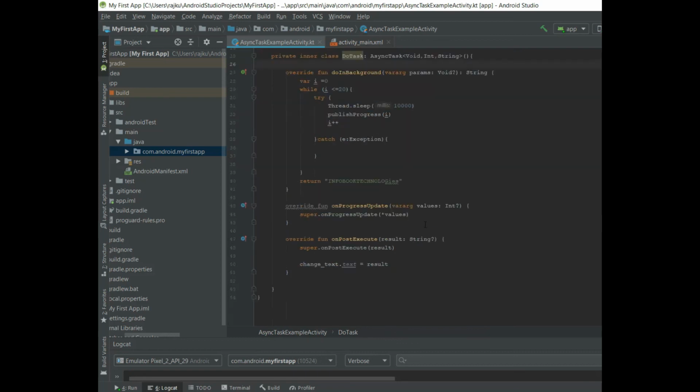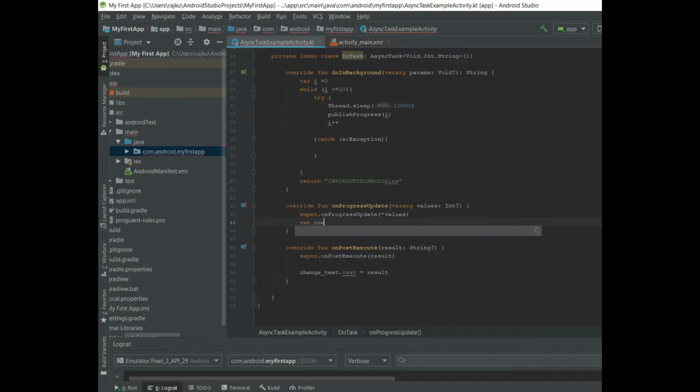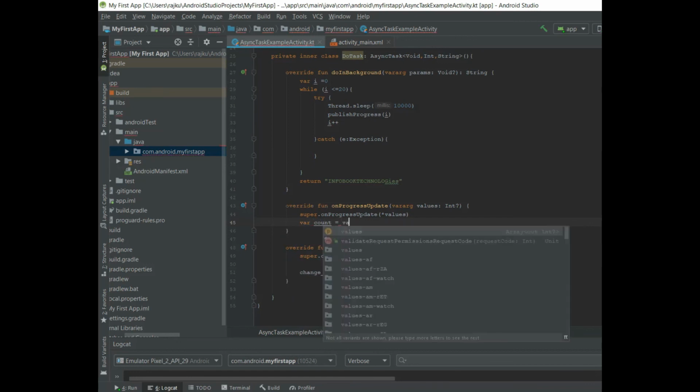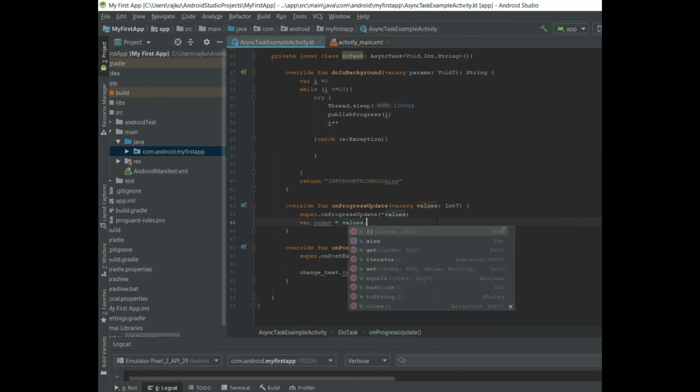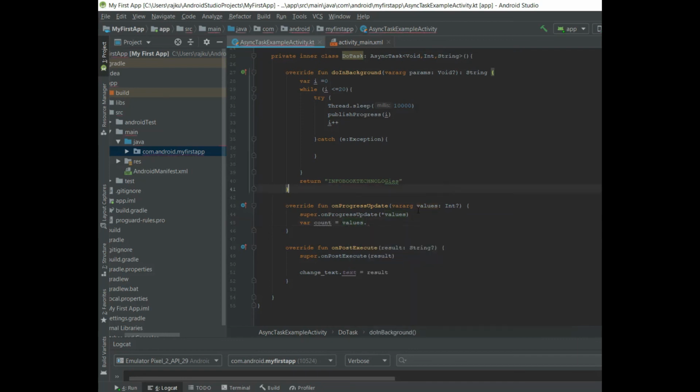Based on that, it will update the progress. Count equal to values. So varargs, a variable number of arguments, that is called varargs. So values dot,